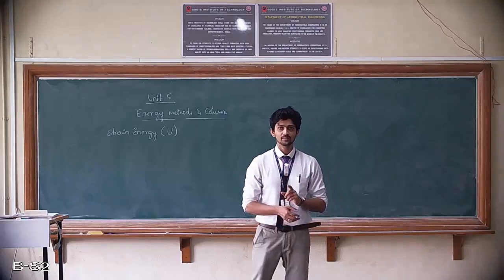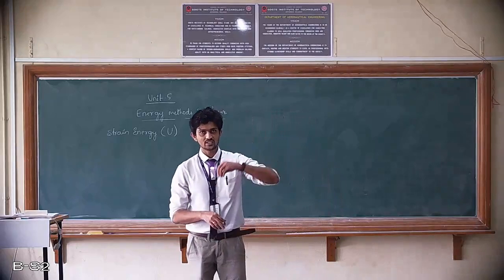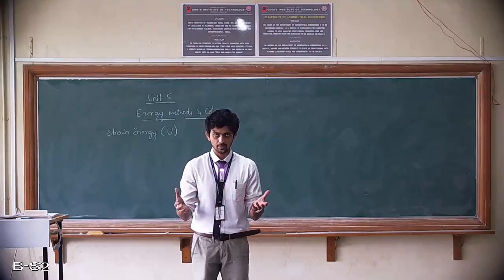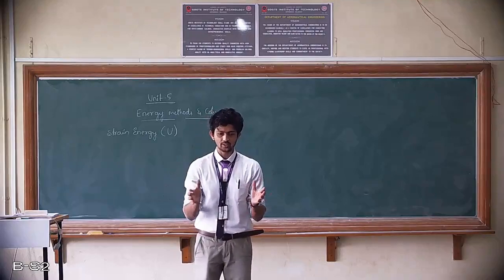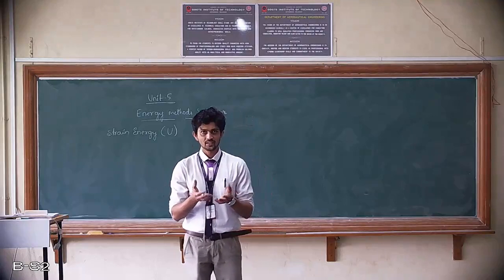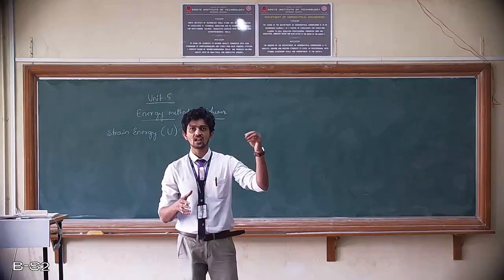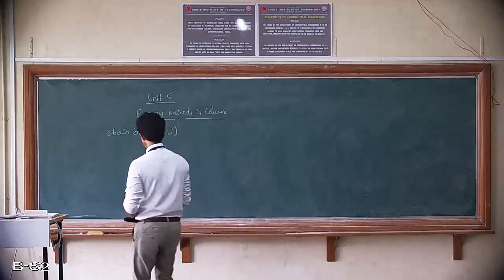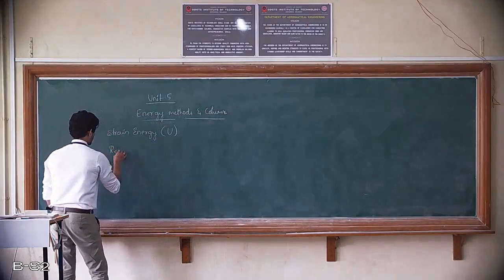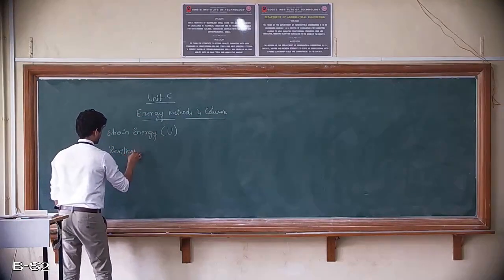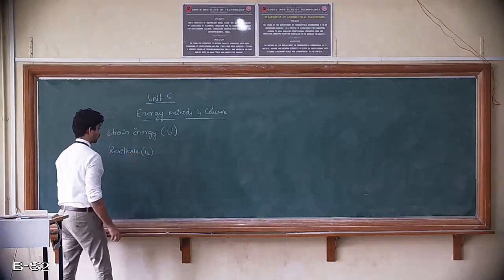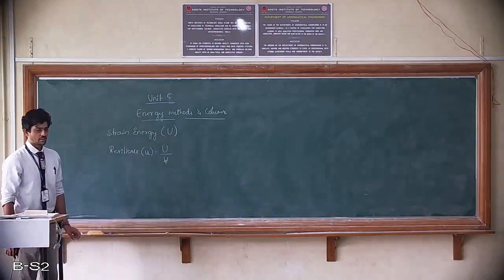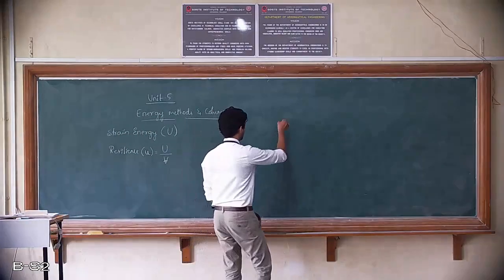Please remember it is within its elastic limit. So when a load is applied within its elastic limit, it is going to deform to certain length or certain shape. Then once the load is removed, it is again going to regain its original shape as well as size. Now in doing this process, there is a continuous energy transformation. Now this energy is nothing but strain energy. And strain energy per unit volume is resilience, which is denoted by small u. Now how exactly do we deduce strain energy?